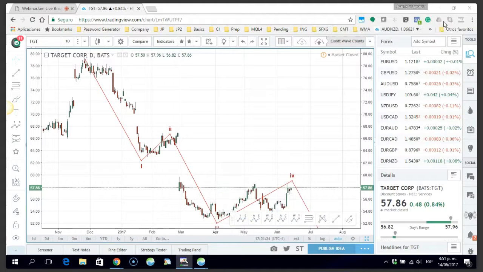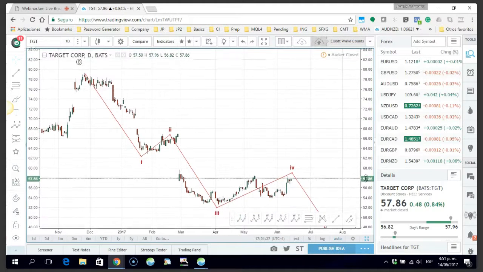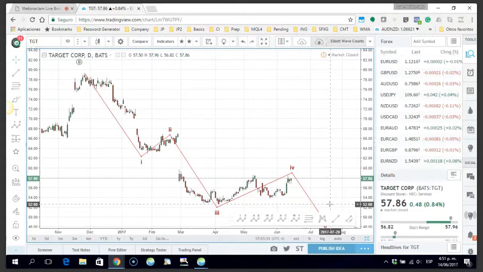The minimum target, or the most conservative target for this trade, would be the previous low, 52.60, and then if the price continues, because we're expecting that it's going to continue a little bit lower to the 50 area, maybe 49 area, we can keep